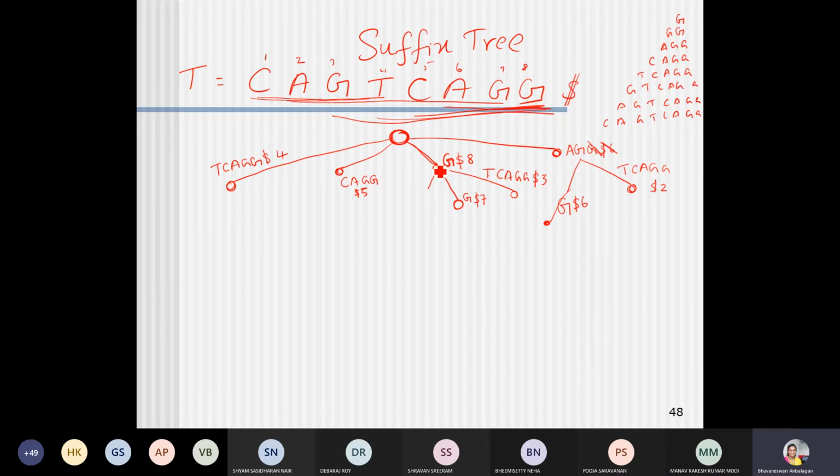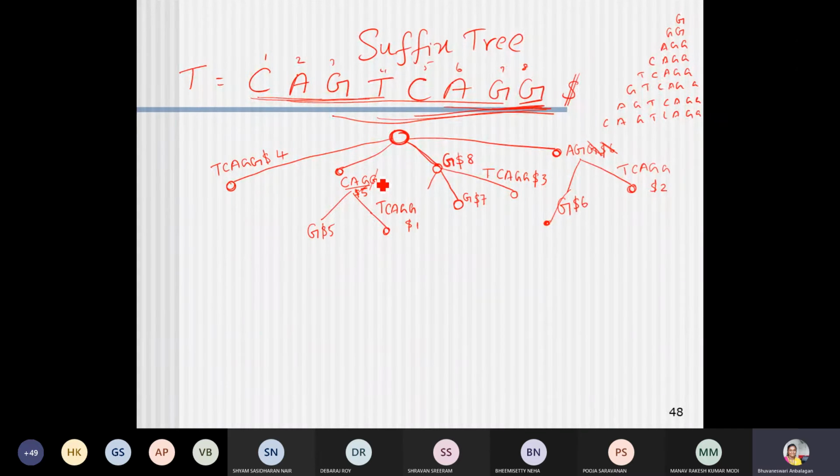And then the next tree I can create is CAG. Whether I have CAG anywhere, yes, I have CAG here. So what I will do is remove this, and I will have G over here, its number is 5. CAG, what is the remaining thing? CAG, TCAGG. It's available in position 1. So this is how we are going to create this particular suffix tree, but this is incomplete. Still I have to create it.